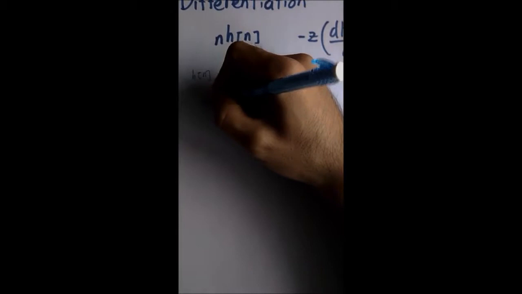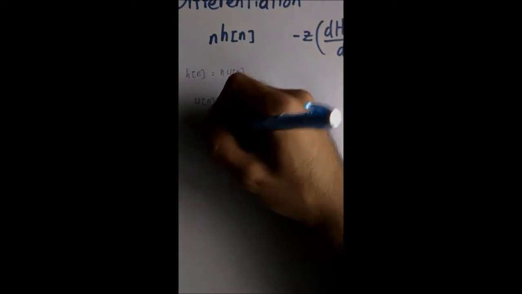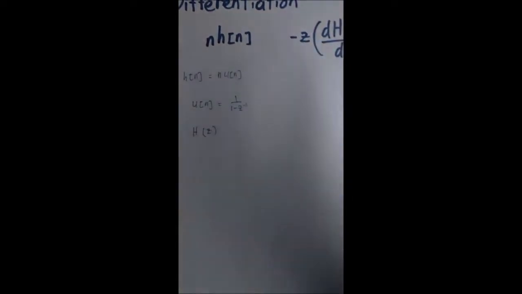So we transform into the Z function, which u[n] is equal to this, then we continue with differentiation, which H(z) is equal to